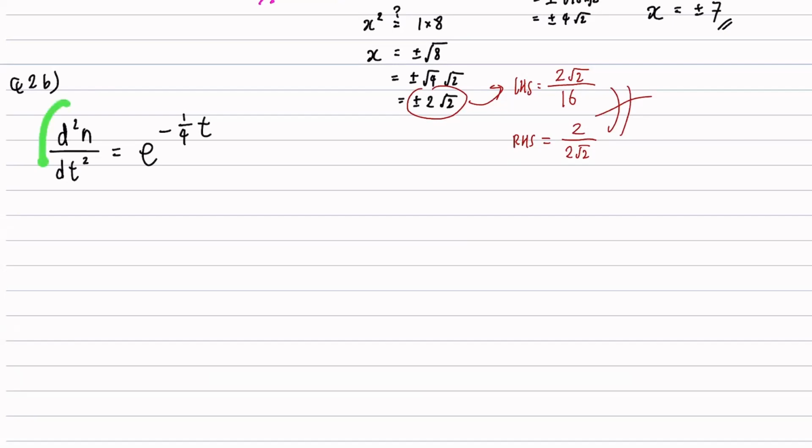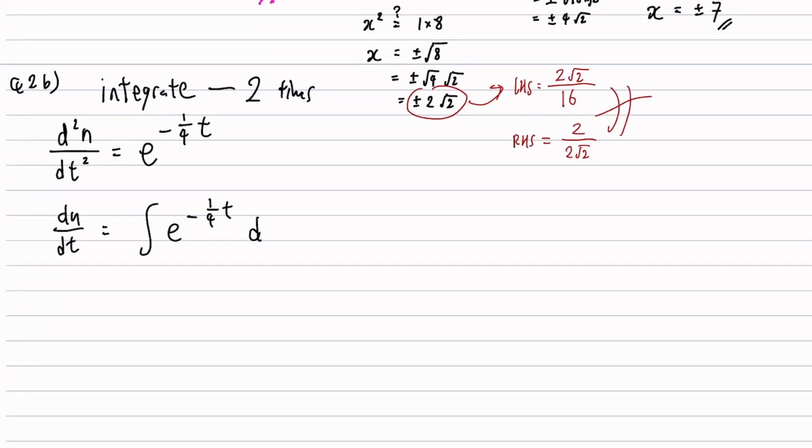So how do you deal with a second derivative? You just have to integrate how many times? Two times, exactly. Let's integrate the first time. What do we get? You get back dn/dt, right? So you just have to integrate the right hand side. Whenever it's a linear factor, we are lucky. It's easy to integrate. All we need to do is copy down the exact same thing, then divide by